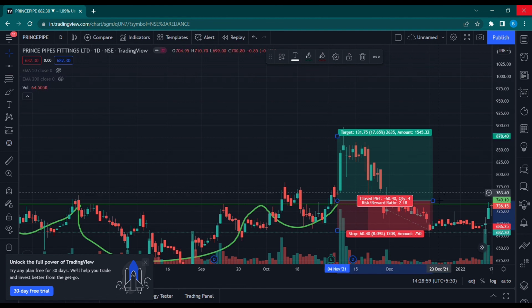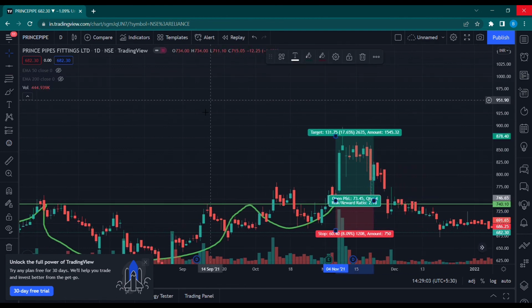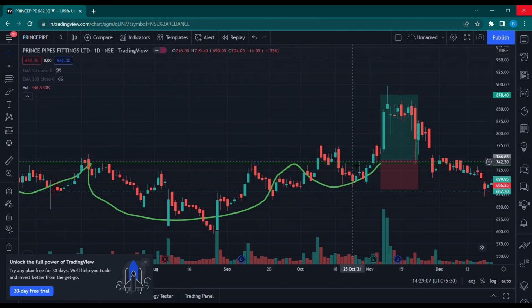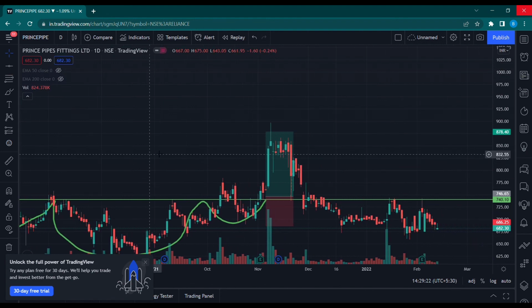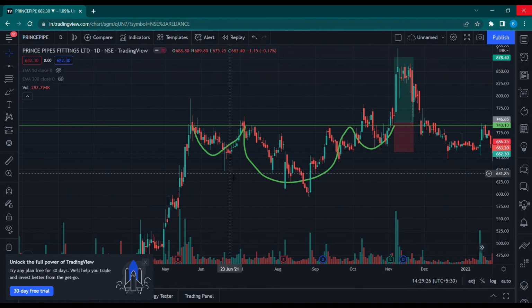So here, this is the trade, right? So not the best trade because we don't get a really good move, but again, as I said, trading is just about capturing the moves and having a fixed reward, right? And just working with your strategy, right? So try to apply these strategies. As I have said, this should help you out on a day-to-day basis, right? This was an inverted head and shoulder trade.